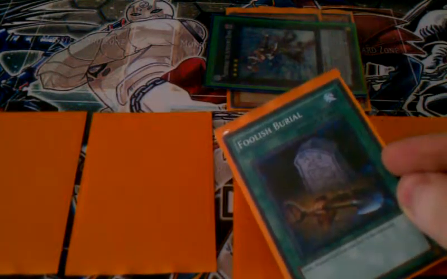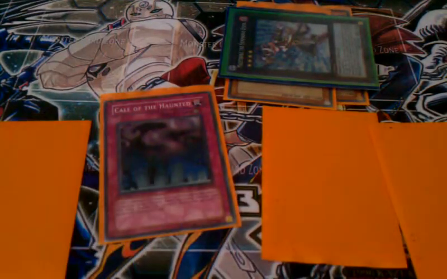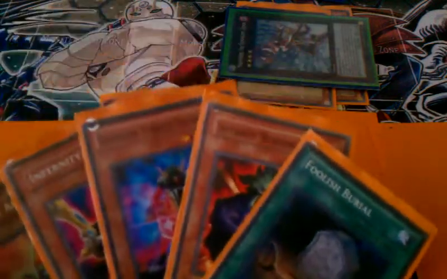I draw a Foolish Burial. Now this is what I wanted. This is a good card. Activate Foolish Burial. Send a Necromancer to the grave. Now I can do some shit. We Call the Haunted. Activate Call the Haunted. Special summon Necromancer. No hand, use Necromancer's effect to special summon Archfiend. Archfiend's effect to add